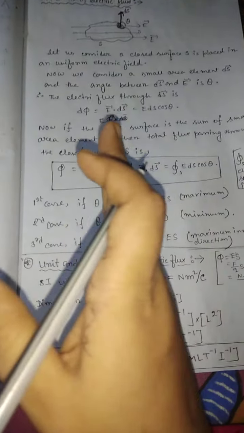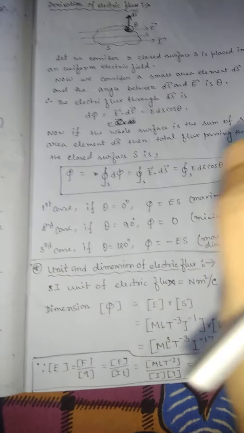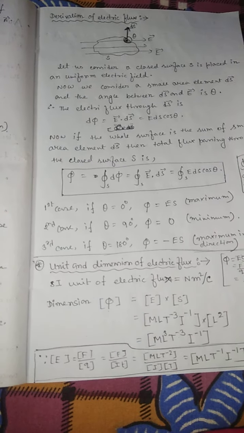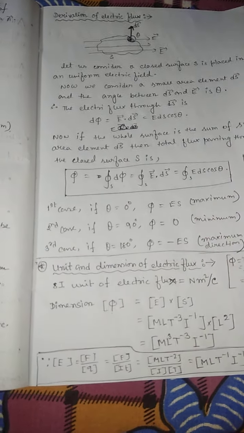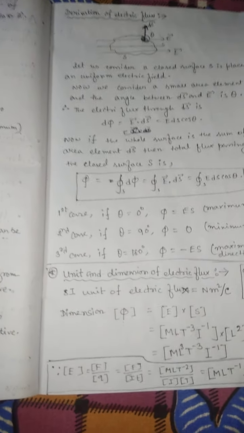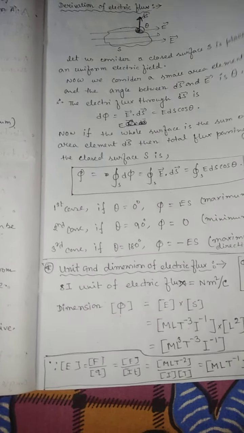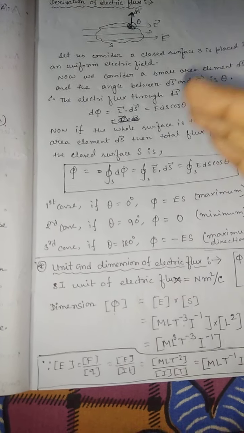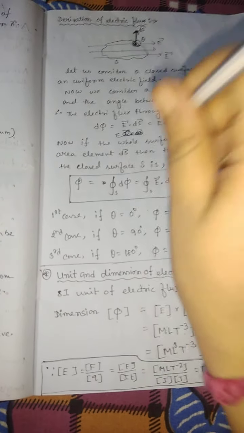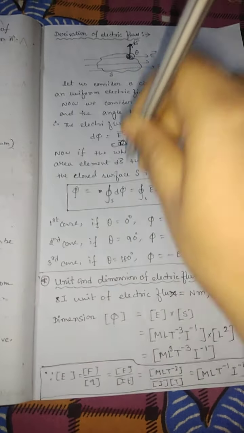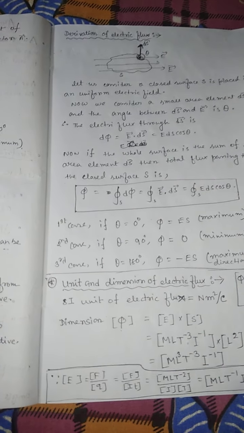That's why, either it is uniform or non-uniform, the number of electric field lines linked with the surface or passing through the surface normally or perpendicularly is called electric flux. So electric flux is a scalar product of electric field E and area vector A, and the area vector is always perpendicular to the surface, towards the observer. If the observer is on this side, then the direction is this side. Clear? Thank you.